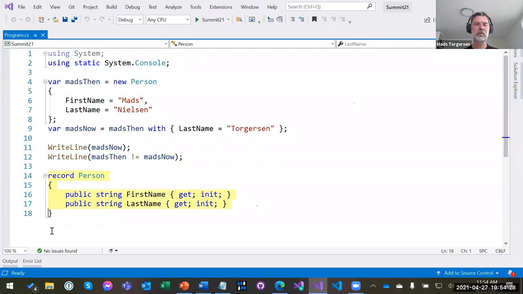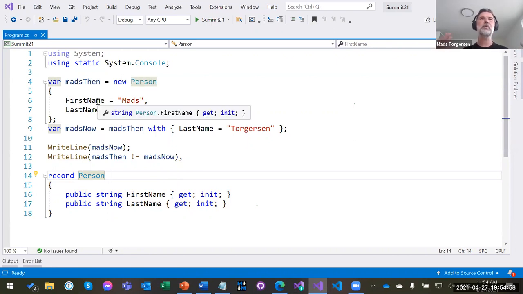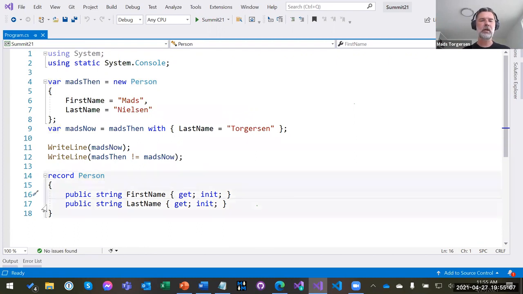So we now have records in C#. First of all, top level programs here. You don't have to have a main method to have your main program anymore. We have record declarations, which are really a kind of class declaration. A record is a class that has its default changed to being more value based and less reference based, if you will. So this particular record here has two properties. You can declare anything in a record that you can declare in a class.